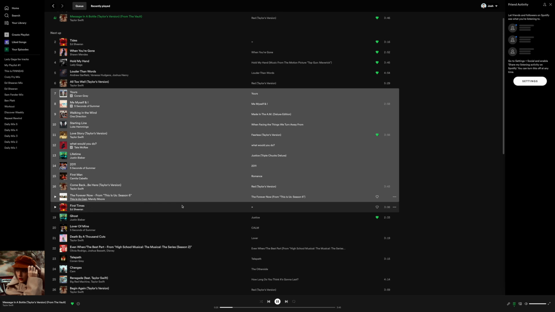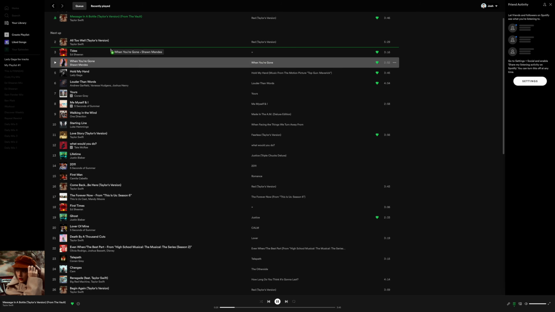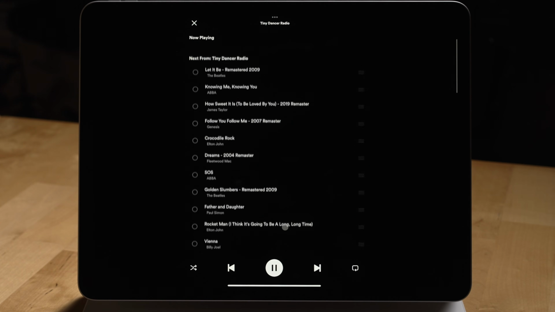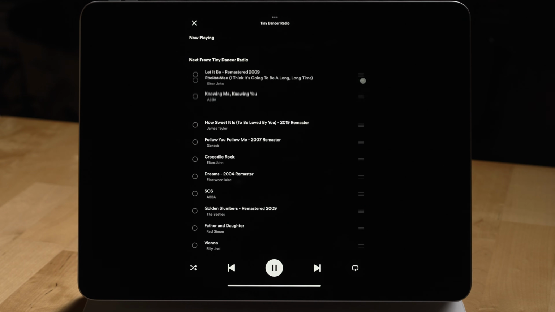You can also easily reshuffle the order of your queue by clicking and dragging songs around on the desktop and web player versions of the Spotify app. On mobile and iPadOS, you can drag songs around by tapping and holding the little hamburger menu icon to the